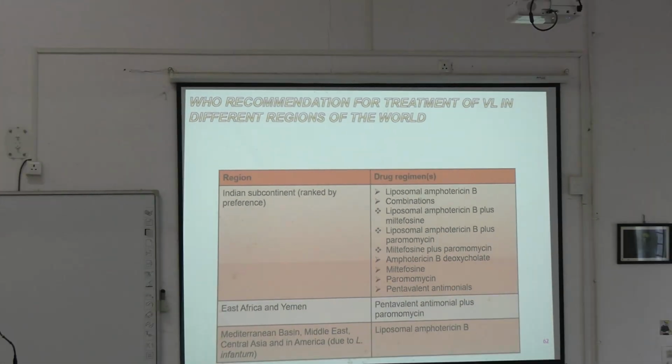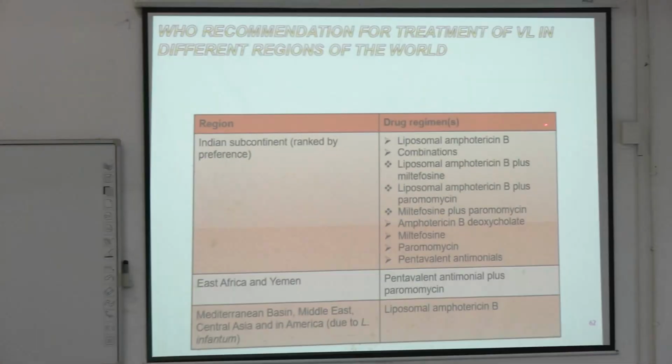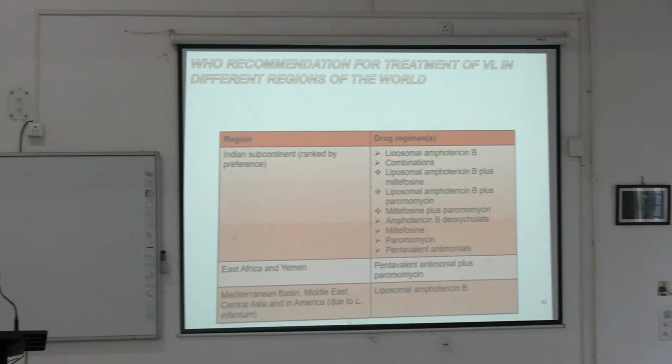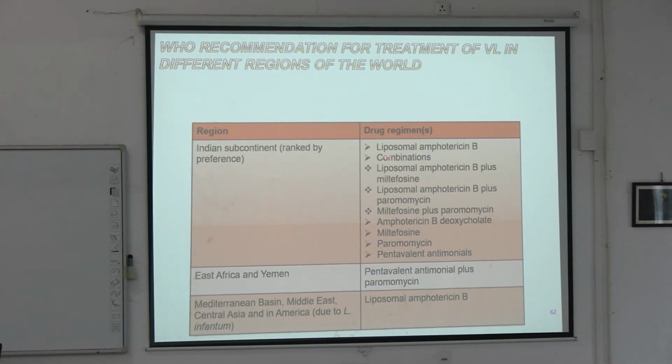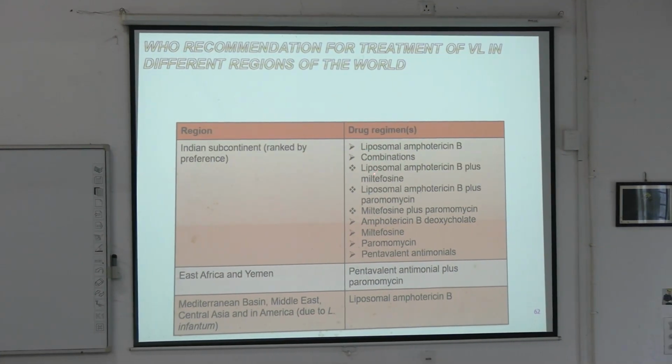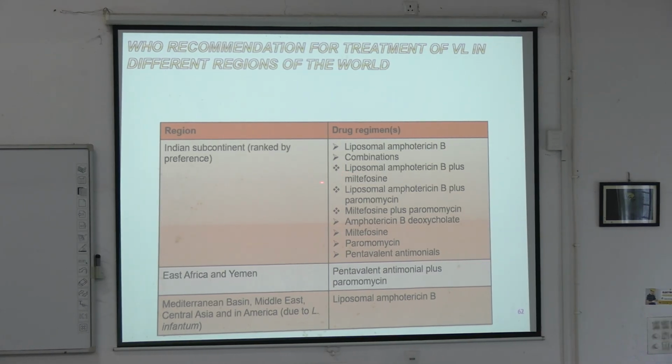This is the WHO recommendation. You can see liposomal amphotericin B has been the drug of choice for the Indian subcontinent, or liposomal amphotericin B plus miltefosine. So, for visceral leishmaniasis, this is the treatment. In Africa, still pentavalent antimonial is the drug of choice. Why pentavalent